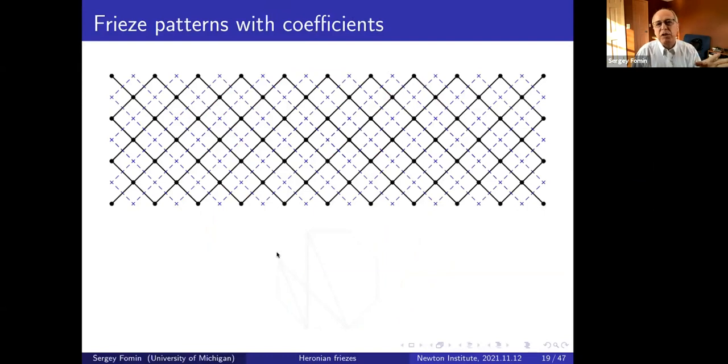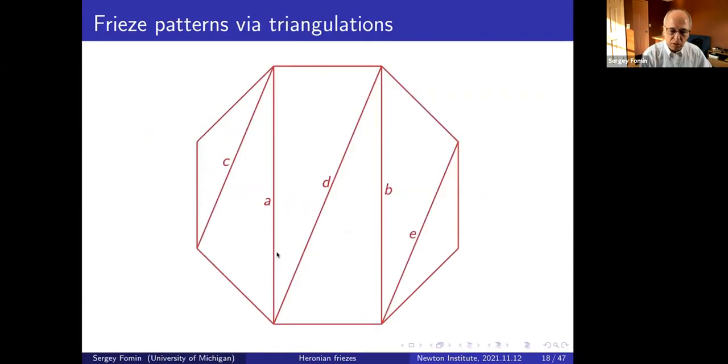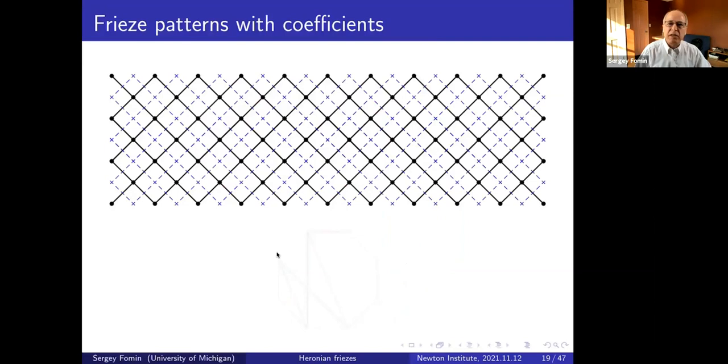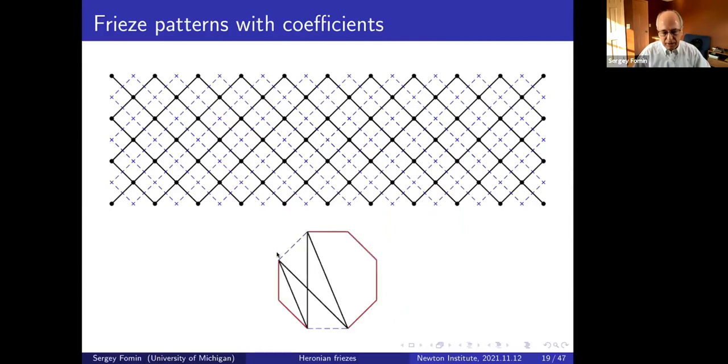Now, there is a version of this story, just to generalize just a little bit, where we introduce coefficients. So remember, here, all the variables associated with the sides are set equal to 1 in the Coxeter setting. But there is no reason to do that. You can put some other numbers. And this translates into associating some parameters, which are coefficients in the cluster setup, to these dashed lines that you see in this frieze. And what is the role of these dashed lines?